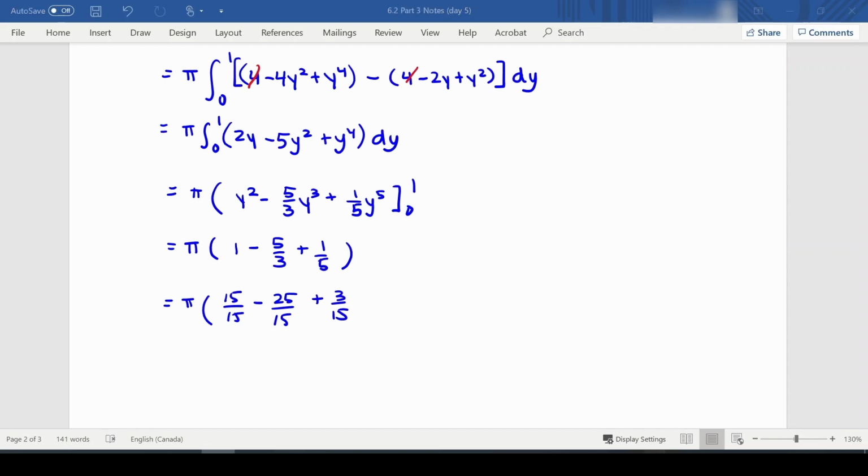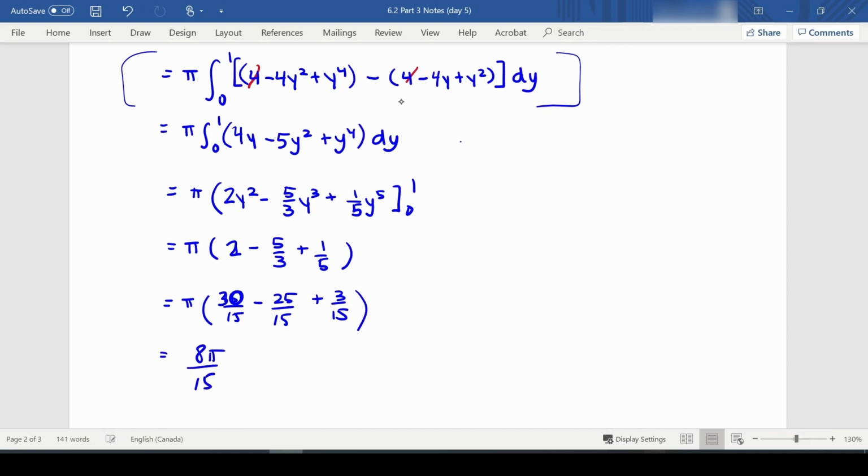And I've just realized I forgot my 4 in the second set too. I'm so sorry. So if we go back up to this line here, I should have had a 4 in that middle one as well, which is going to make this a 4, which is going to make this a 2y squared, which means when I plug one in, I get 2, which makes this 30 over 15, which gives us 8 pi